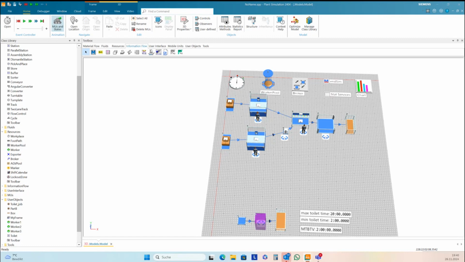The method to read this from the broker is service stat.